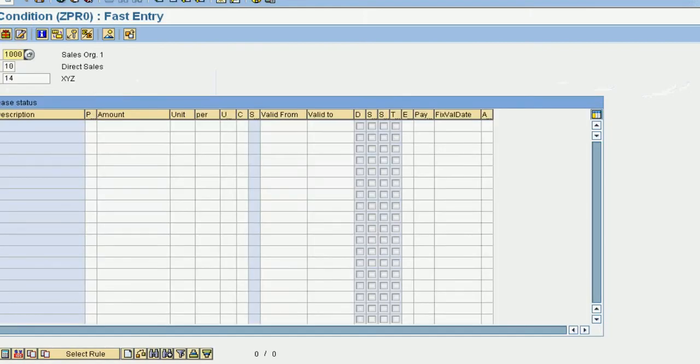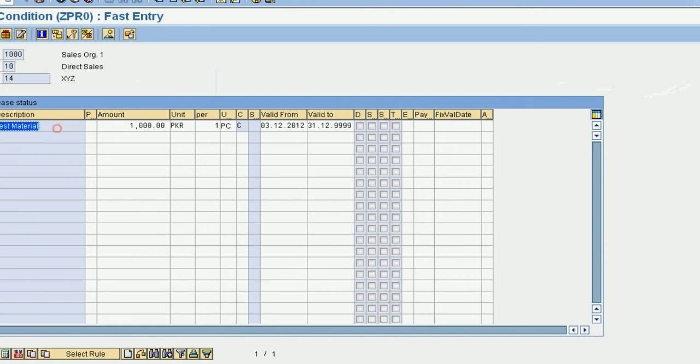I am going to select the first one, which means that if the ZPR0 condition list price is maintained, I am going to maintain it with reference to the customer and material. I am going to take material 5 and amount.